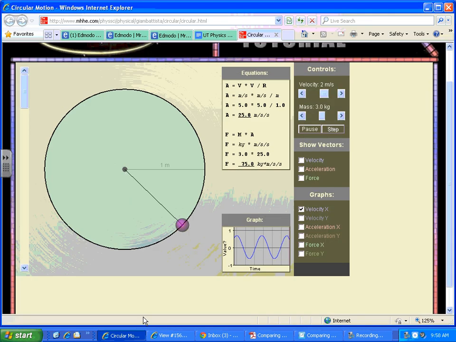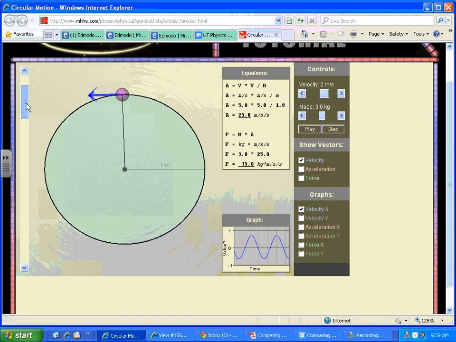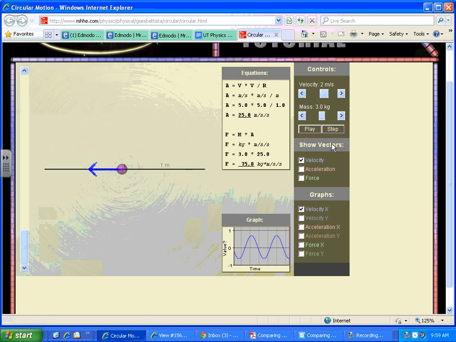So let's look at it. Let me put the velocity vector on first of all. I'm going to pause it. This is actually giving me components. So I've got my tangential velocity, which at any point would have a component that's leftward and in the up-down direction. If I go through it stepwise, when it's moving that way, all of the velocity is downward. When I get to that point, and this point, notice all of the velocity is to the left in this case. Down here it was to the right because it's tangent to the circle. Now again, if I slide this down and just play it,